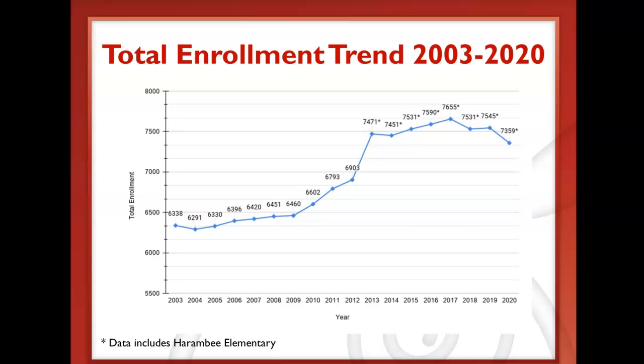Our first slide provides a look at our total enrollment trend from 2003. You can see the line of the enrollment trend from that time. Please note that in 2013, we had a steep enrollment increase as we added Harambee Elementary to the Roseville Area School District. And again, you'll notice the enrollment total there is going to be different from some of the other slides because this is October 1st enrollment data, and the other slides will be in the demographic report from mid to late October. You can see that the total overall trend is down from the past year.